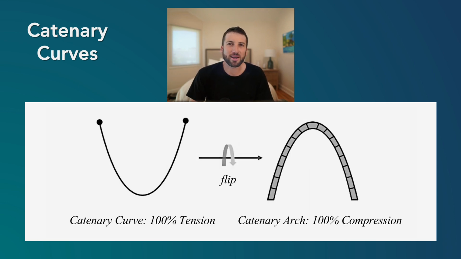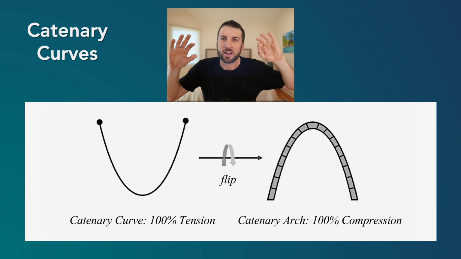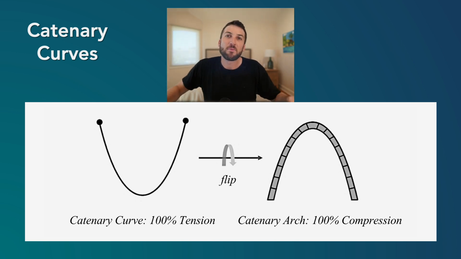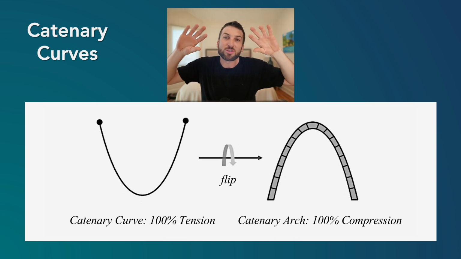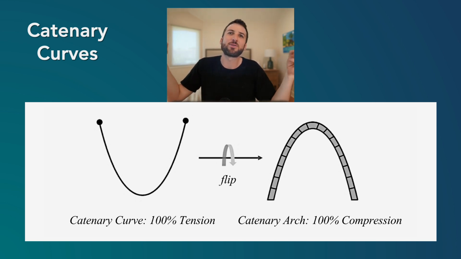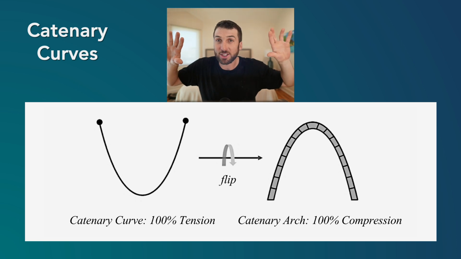Now, there's a really cool thing about catenary curves, which is that when it's held upside down, it's pure tension, the resistance to outward pulling forces. Then there's 0 compression, and the idea of compression is resistance to inward pushing stresses. So a string, for example, has 0 compressive strength, but it has tons of tensile strength. So a catenary curve, where you hold it, it's all about the tension. It's 100% tension, the geometry, there's 0 compression.